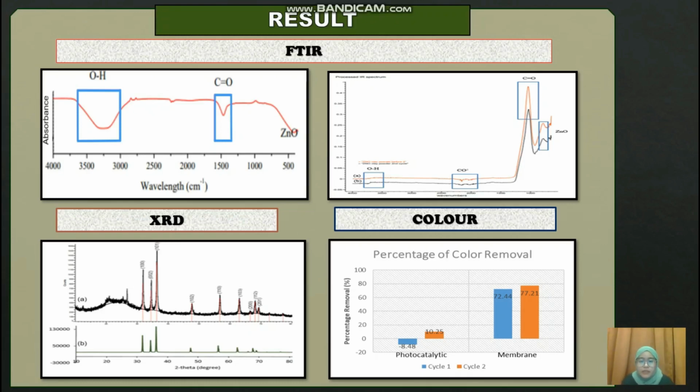While for the color, the bar chart shows the percentage of the color removal after photocatalysis and the UF membrane for cycle 1 and cycle 2. So the result revealed that the UF membrane was able to remove color better via MPR compared to photocatalysis alone, indicated by high color removal percentage for Pomse. This could be due to the ability of the ultrafiltration membrane to separate fullerene from purified water and thus increase the